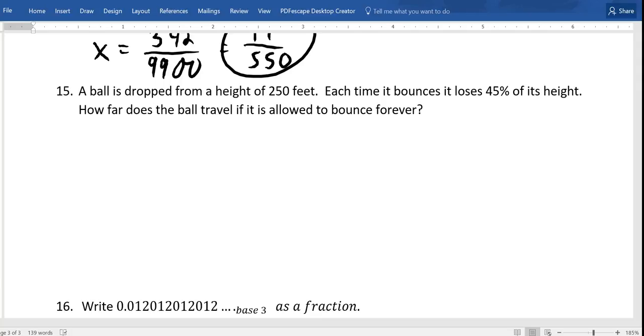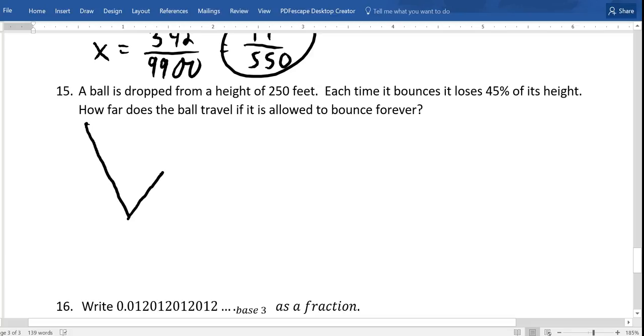So we can draw a picture for this one. We're dropping it from 250 initially, so it looks like this, and then it's going to bounce up, and if it loses 45%, it bounces up to 55% of what it was before. So this first one here is 250, and then this next height here is going to be